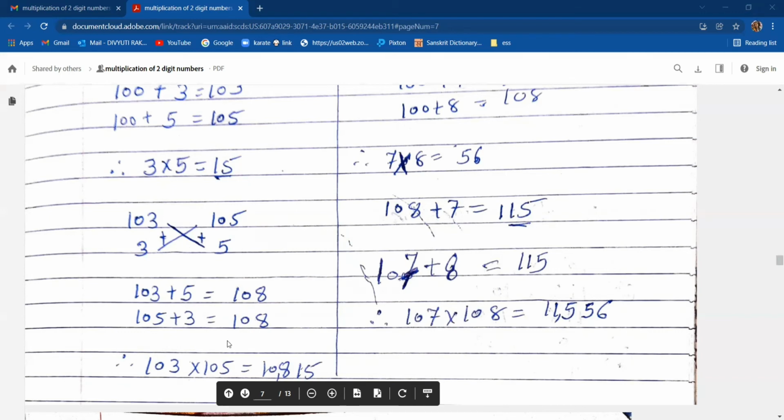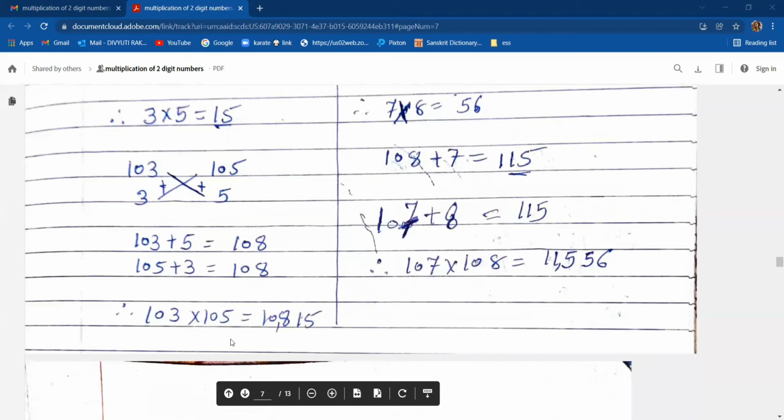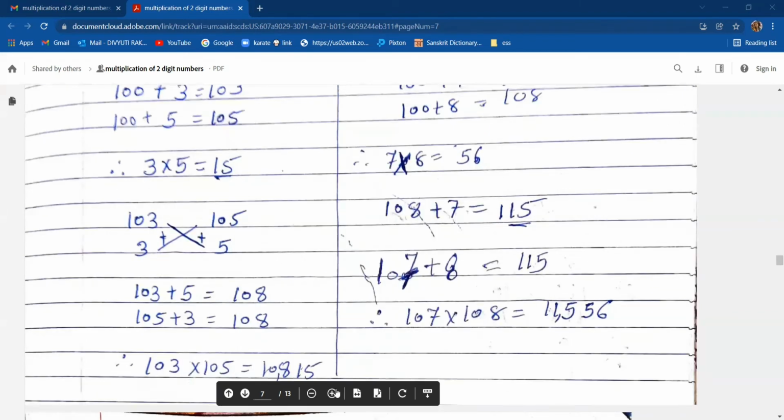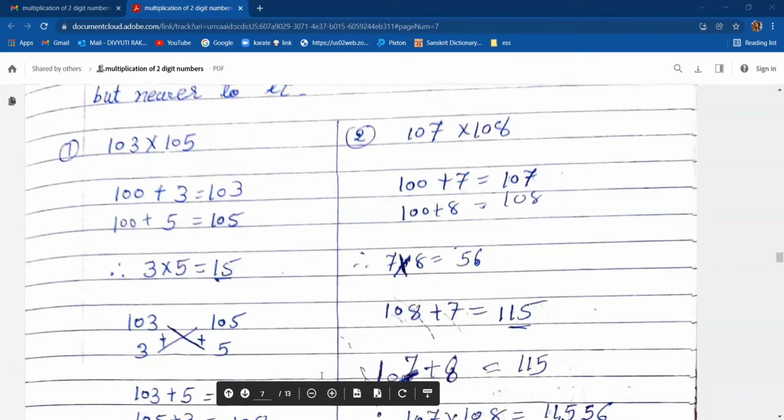It will depend on the question, whichever will be easier that you should add. So here you can take all 3 digits together and it will be 108. So I have put here 108, and this 15 you should simply put at the last. So answer is 10,815. Okay, one more question, very easy,